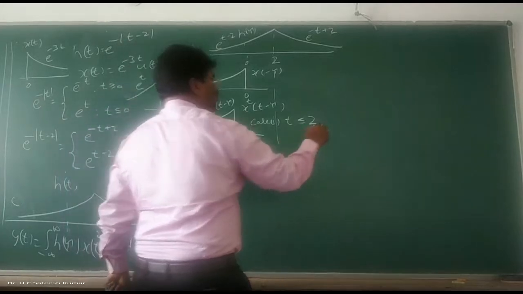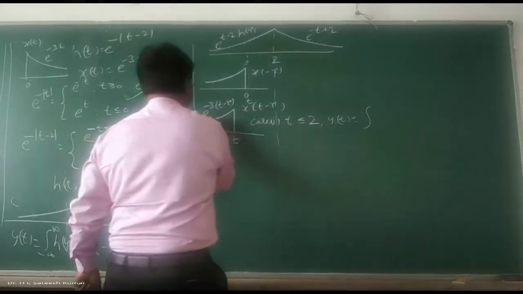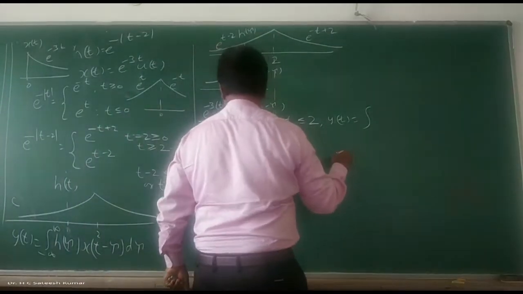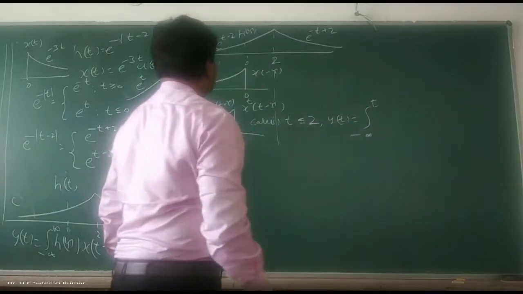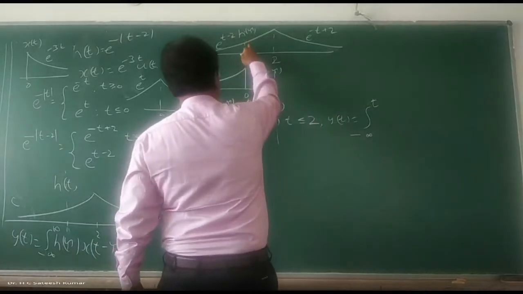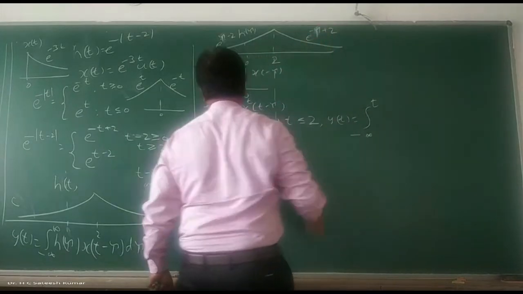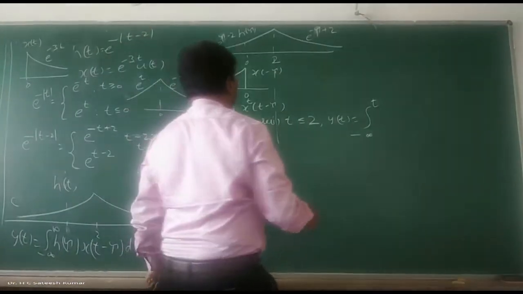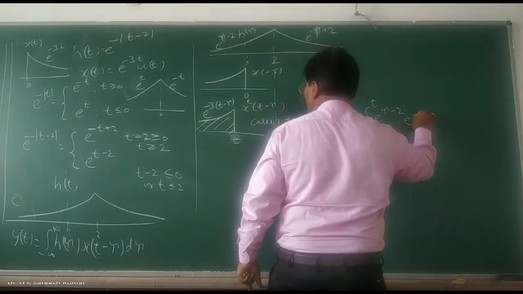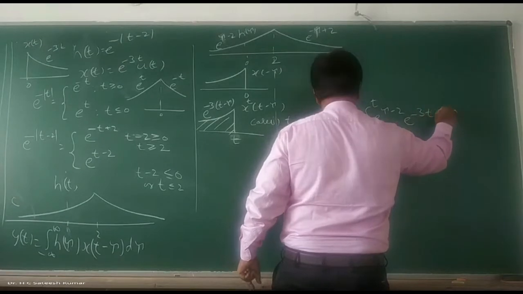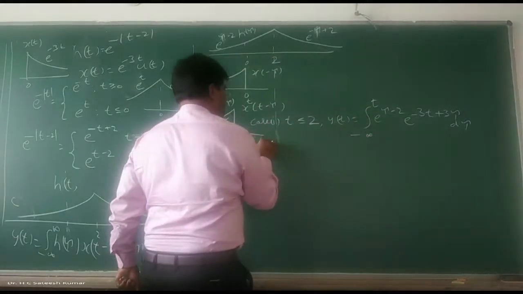equal to 2, y of t is equal to integration, this one, minus infinity to t, sorry, this h of tau means this will become tau. Okay, right. Now what is that? You can write it, e to the power of tau minus 2 into e to the power of, multiply that, e to the power of minus 3t plus 3 tau d tau, which is equal to y of t